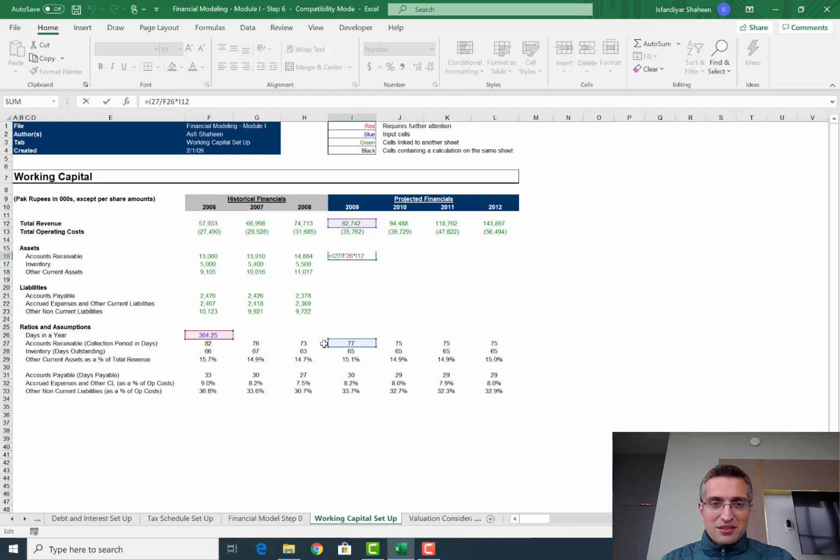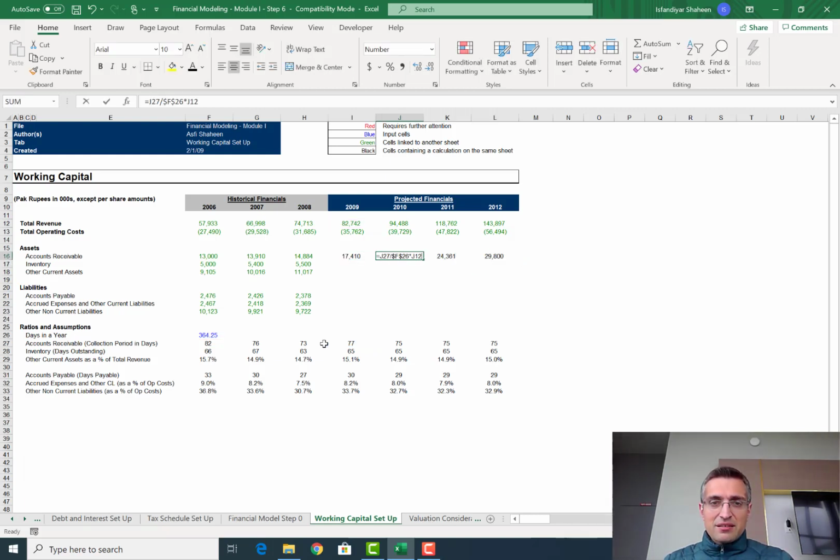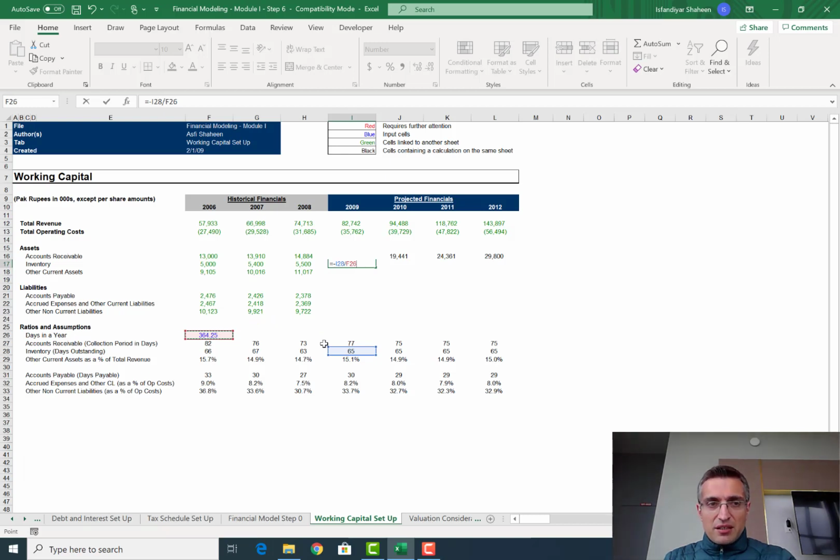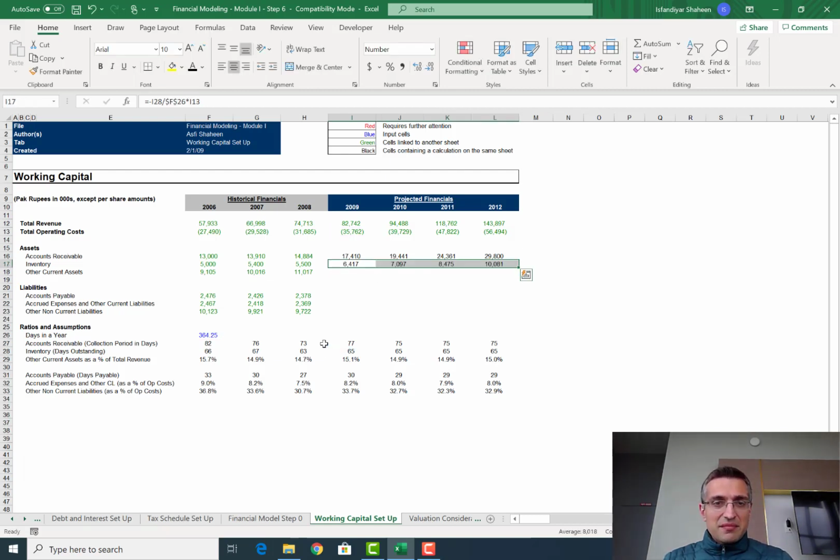And at the same time, you want to ask yourself, how do I ensure that when I copy this to the right, I don't run afoul? Well, you want to make sure that days in a year is anchored. If days in a year is anchored, when you copy this formula to the right, everything else is going to move. Similarly, with inventory, you will take inventory days expressed as a percentage of the year multiplied by total operating costs, and make sure that you anchor days in a year, copy to the right. Similarly, with